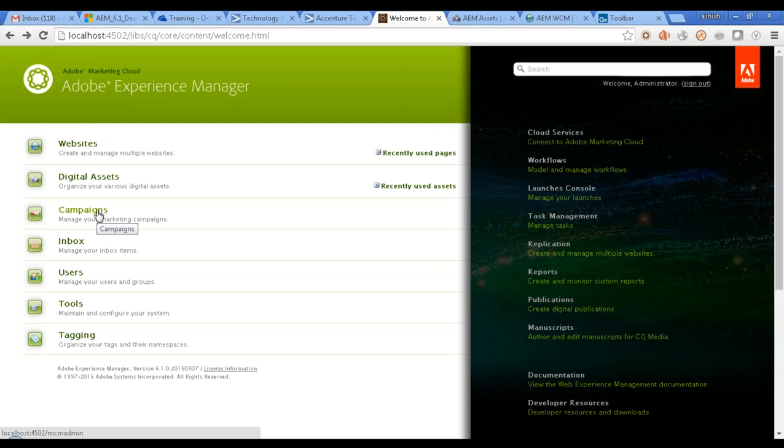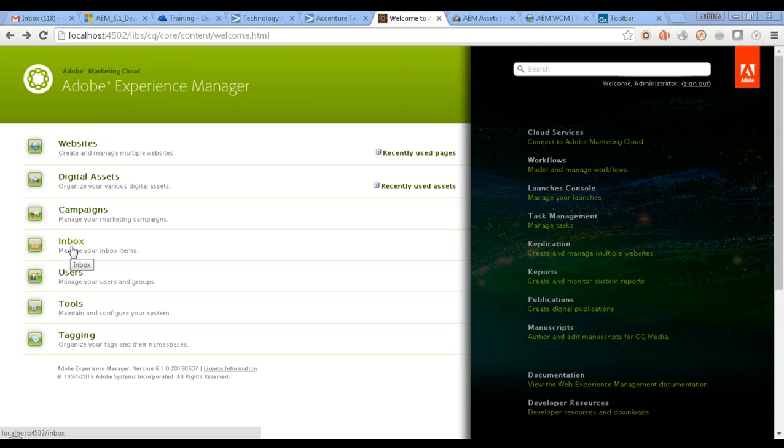You have campaigns, so as I said, you can launch campaigns if you want to target a particular segment of users or all of your users with any promotion. You can use the campaigns to create those. And there is another product called Adobe Campaign. If you want more features or more advanced features, then you can use that product also. The inbox is basically the messages that come to your author or your editor depending on different actions. It is basically used in